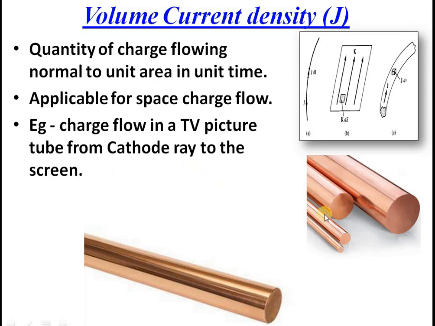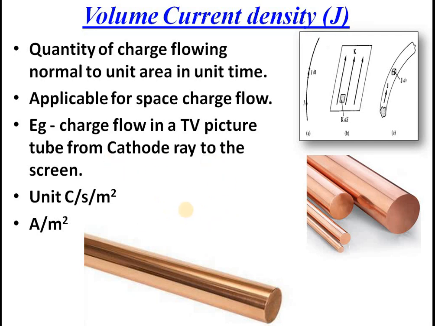So not only in conductors, even in space there are volume currents. For example, you take the cathode ray tube, there is the CRT tube at one side and the screen on the other side. In that case, current is moving through the space, so that current is called space charge, where you can talk about the volume current. Such current is measured in the unit of ampere per meter square. So it is current flowing across unit area in a direction perpendicular to the surface.